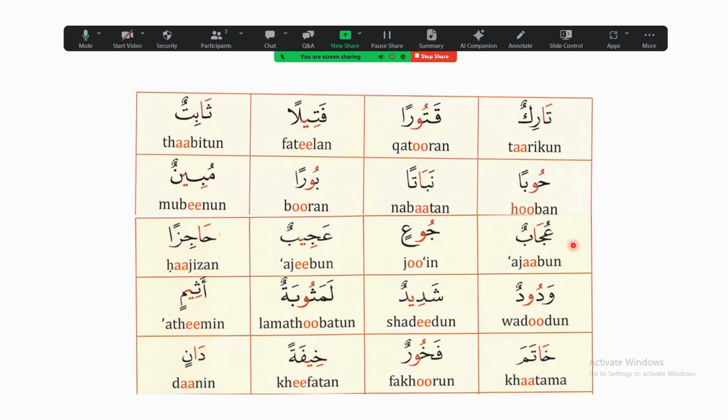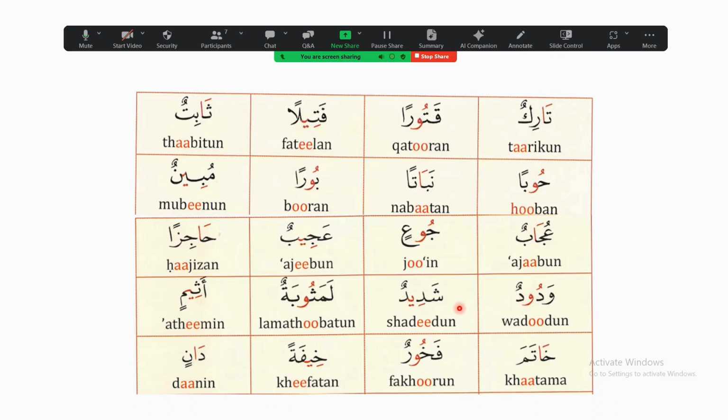Ujabun, alif madda. Ju'in, waw madda. Ajibun, ya madda. Hajizan, hajizan, alif madda. Wadudun, du, waw madda. Wadudun,